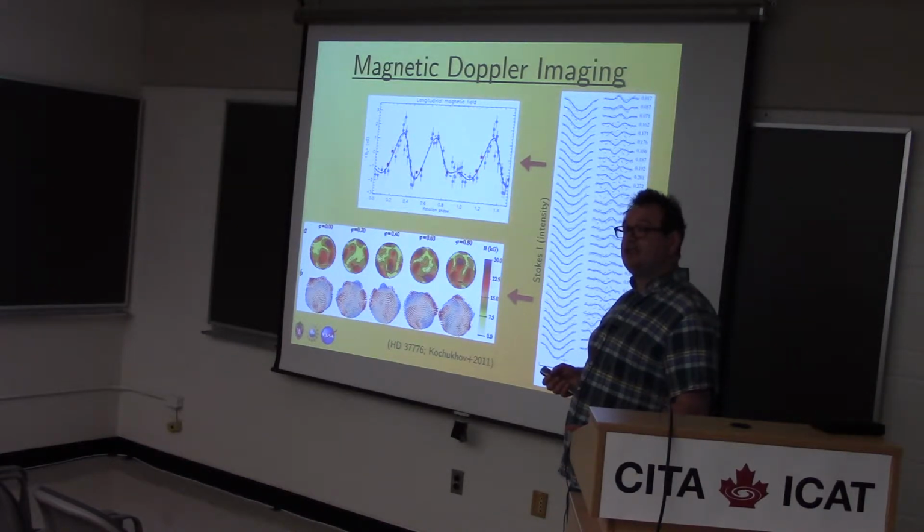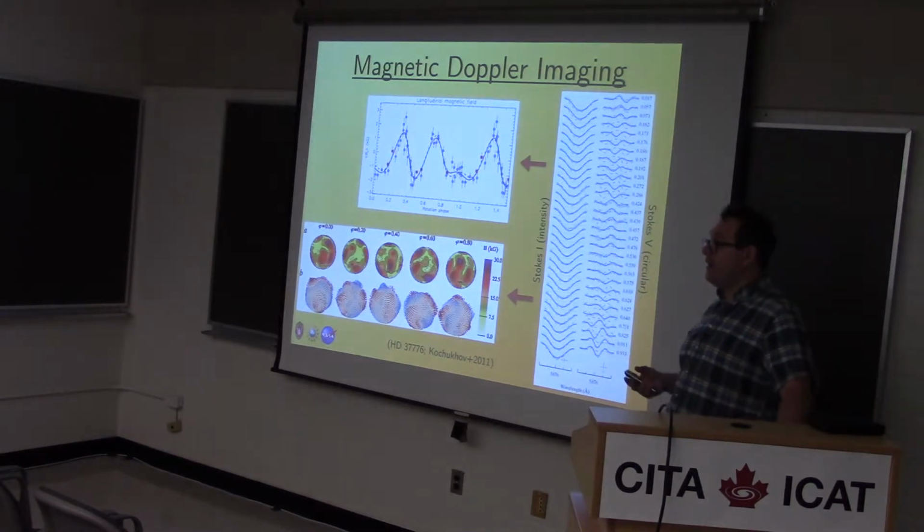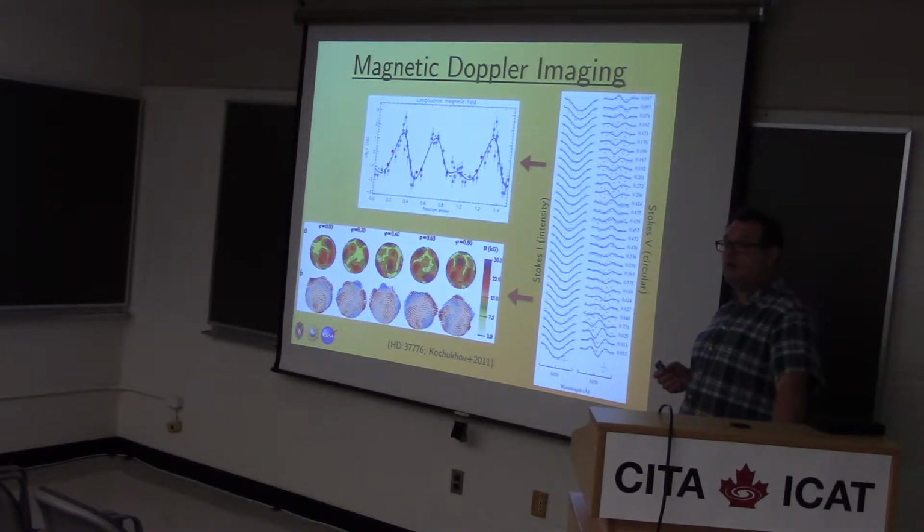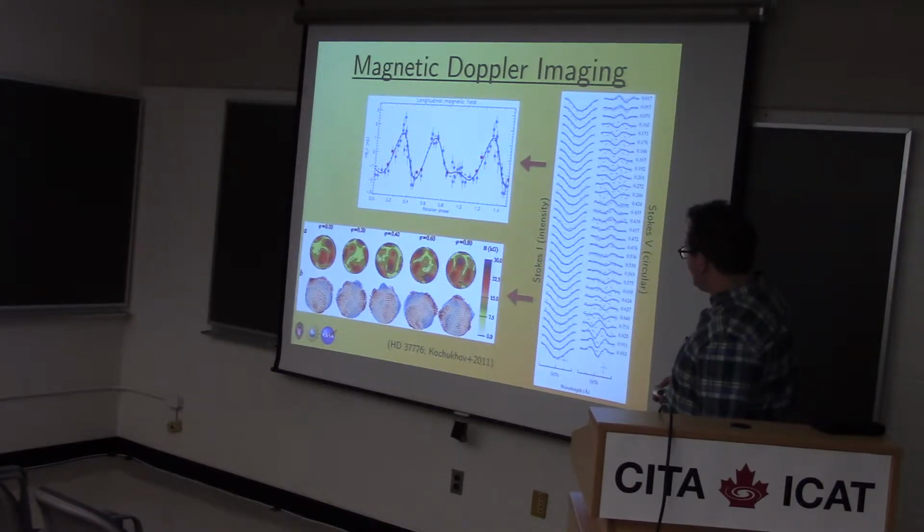So in order to build up a picture of what the distribution of matter is in these magnetospheres and find out how it behaves, we need to start off first by understanding what the distribution of magnetic flux is across the stellar surface. And to do that, we use a technique called magnetic Doppler imaging. If we're able to get a time series of spectropolarimetric observations, we can build up a map of what the magnetic field strength is across the stellar surface. And not only the strength, but if we're able to get linear polarization signatures, we can also work out the orientation of the field.